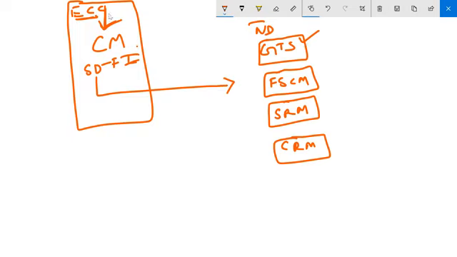So when I create a customer in the ECC, I want to know whether I'm allowed to do this business with this customer or not. For that, I need to transfer this customer to the GTS module, where we have a concept called SPL screening, sanctioned party list. There are two parties, sanctioned party and denied party. Sanctioned party means you can do business, denied party means you cannot do business.